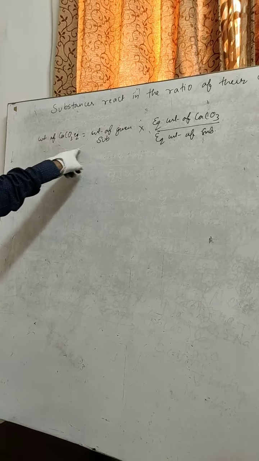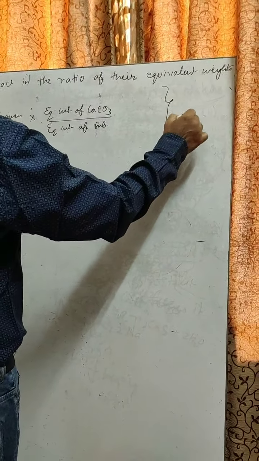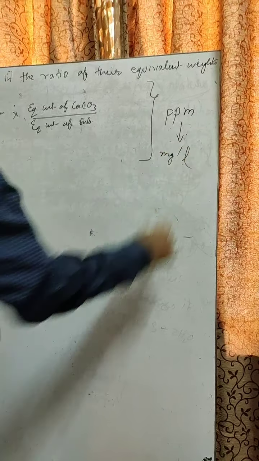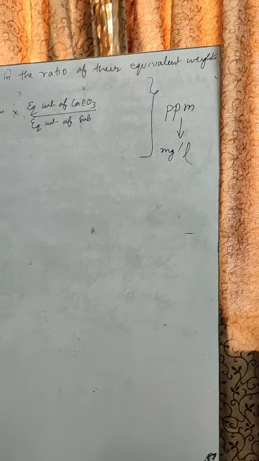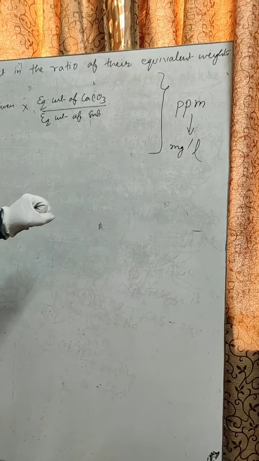So by this you will calculate the calcium carbonate equivalent, and the total hardness will be obtained in terms of calcium carbonate, which will be expressed in ppm, that is milligrams per liter, that is 1 milligram in 10 raised to 6 parts of that water. So this was related to lime calculation. And similarly, if you have soda calculation,